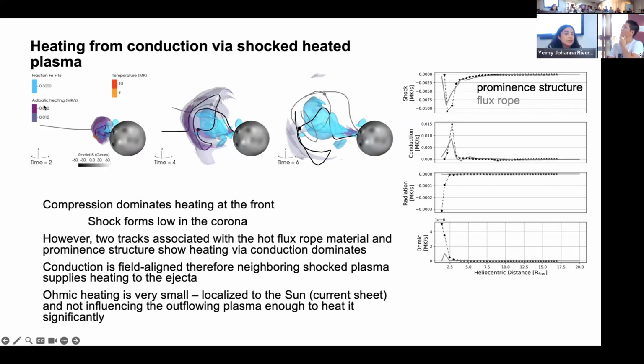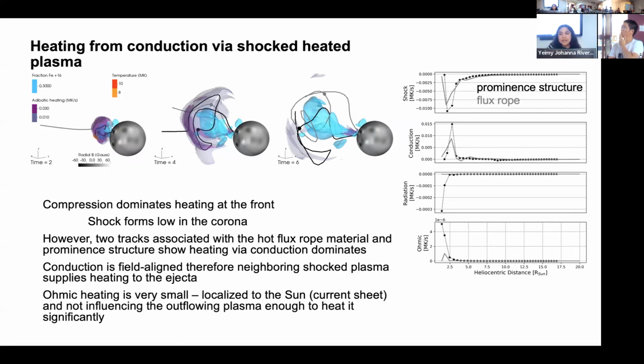This is the shock heating isosurfaces for the very, very high shock heating term, which are in the purple, and then the charge states of iron 16, so very, very ionized iron, in the blue. You can see the heating is essentially surrounding the outflowing material, and it persists for at least these time steps. So there's a lot of heating that happens in the front. That's generally where we see the highest shock.